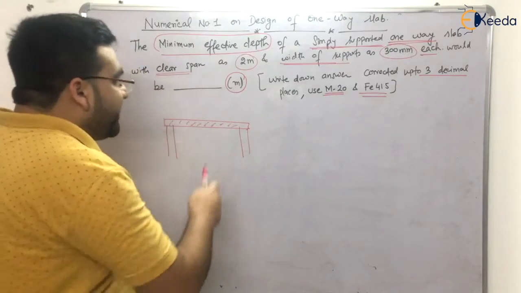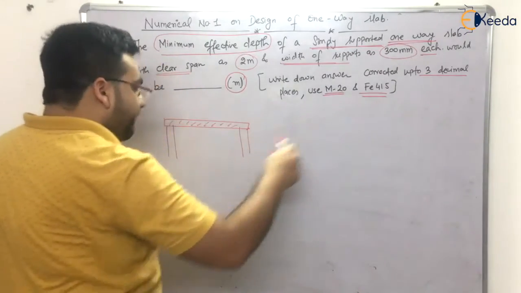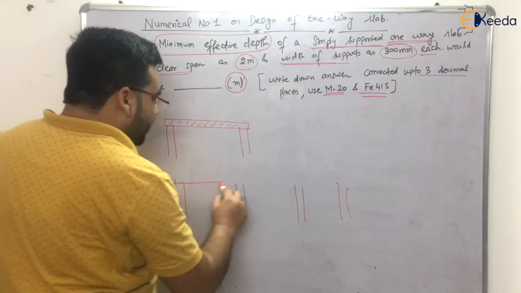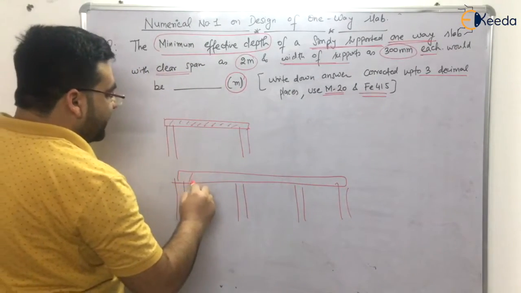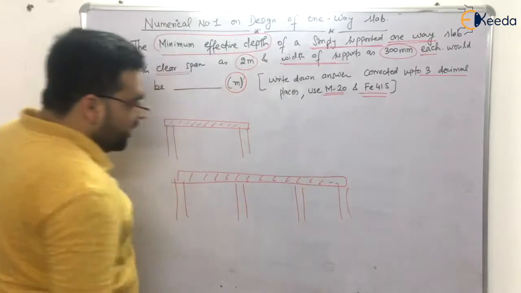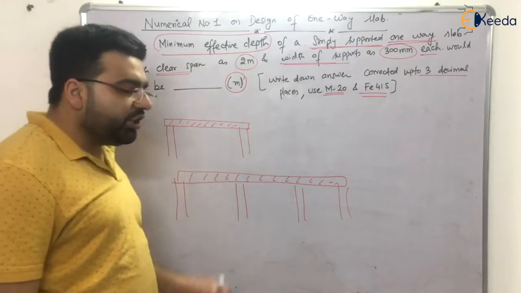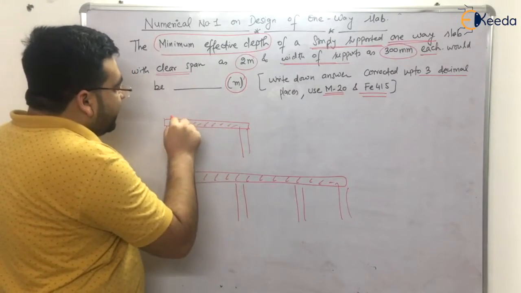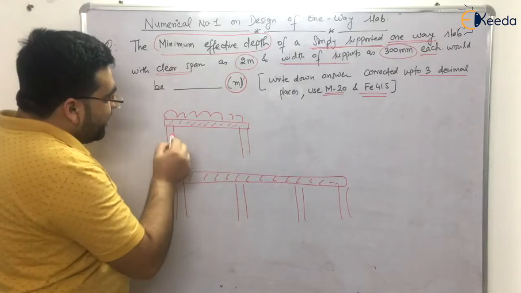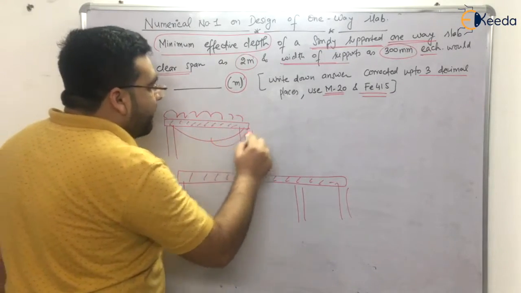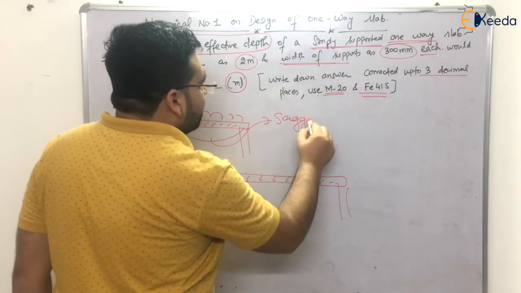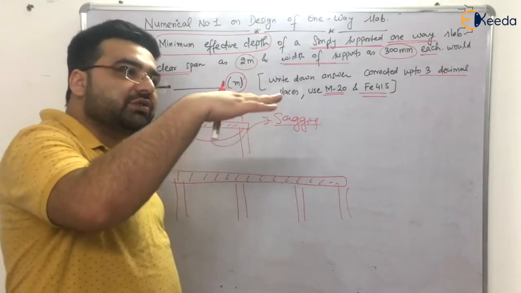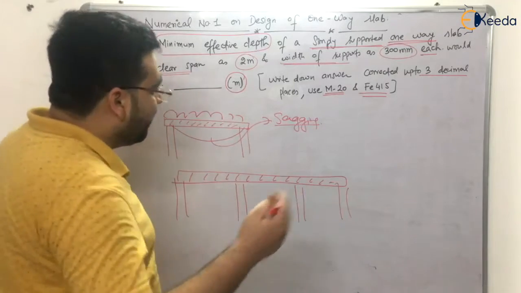On the other hand, if the slab is continuous, meaning it extends beyond, like this: 1 support, 2 support, 3 support, 4 support, and so on, these types of slabs are known as continuous slabs. Now you would ask, sir, what is special between continuous slabs and simply supported slabs? If there is a UDL, dead load or live load, the deflection of the slab would be like this, so we will have sagging. And when we have sag, where do we provide the reinforcement? We provide it below the neutral axis, in the tension zone. Simple for a simply supported beam.